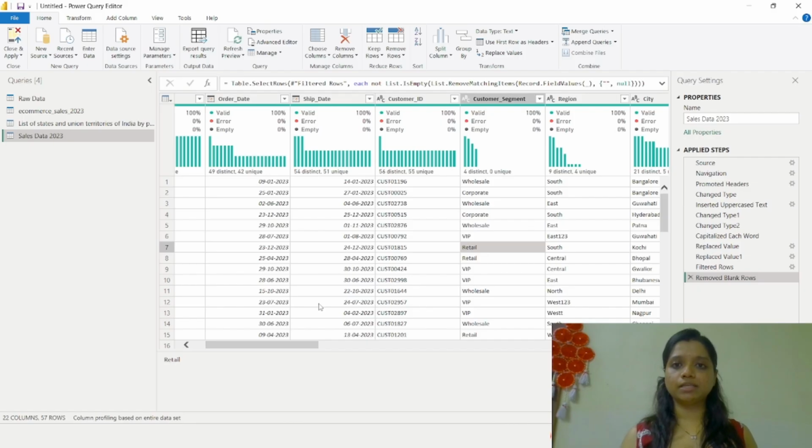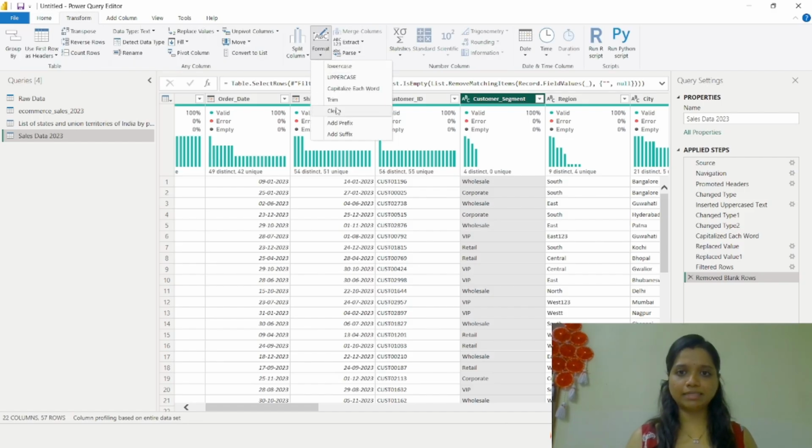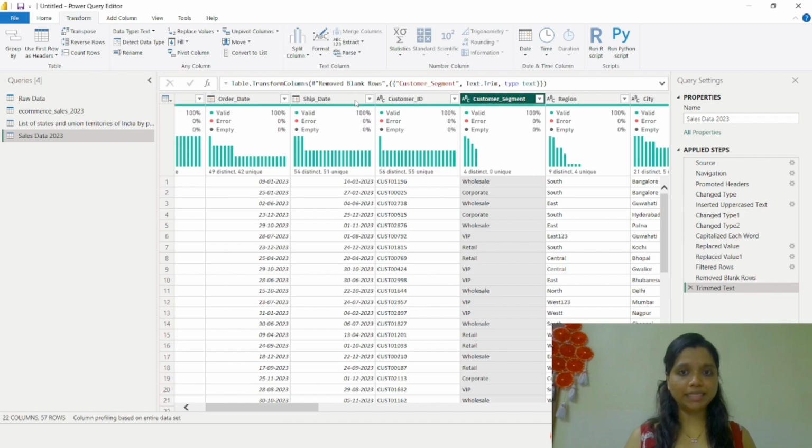So this is kind of a bonus tip for all of you: every time you work with categorical data, make sure to remove any existing spaces. What you should do is go to format and select trim. That is going to remove any leading or trailing spaces before or after your text.